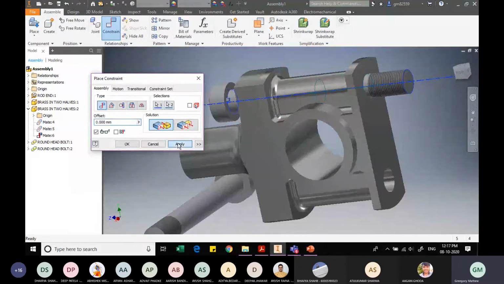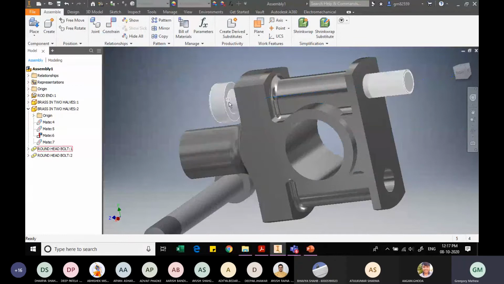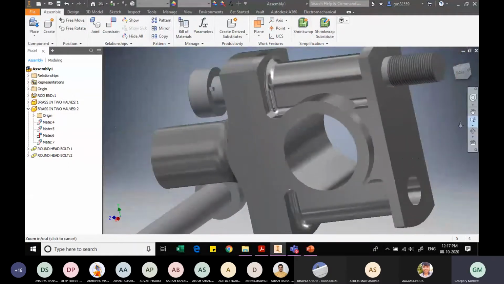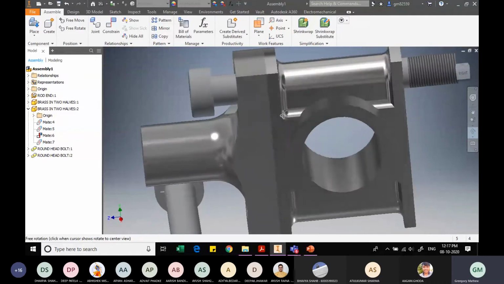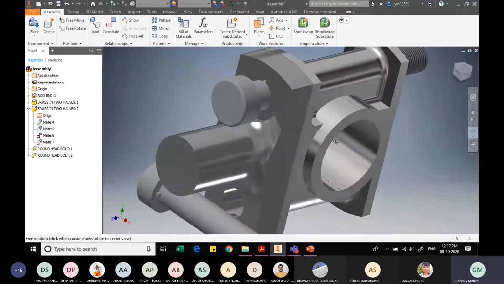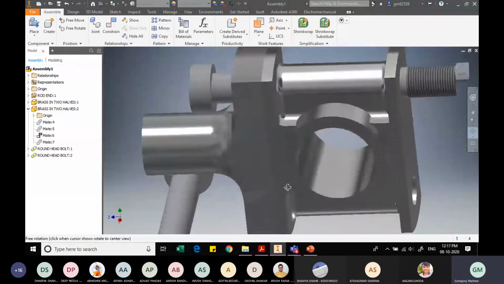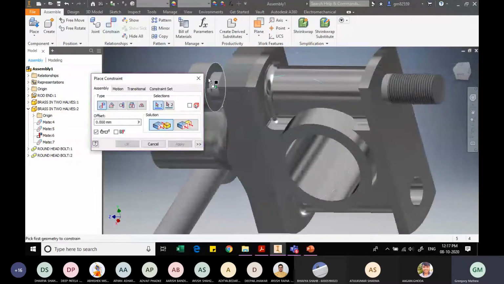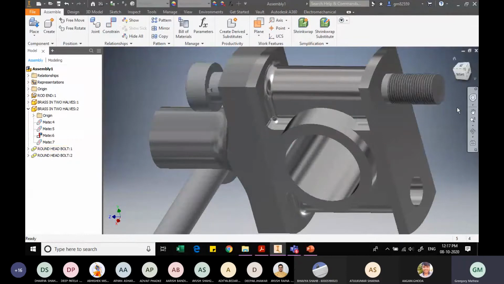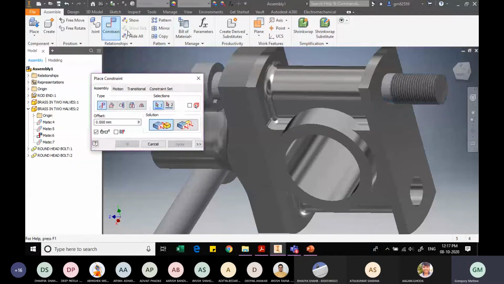Apply. Now the other thing that you need to do is we have provided a snug. And this snug is so that the bolt head will respect the corresponding recess that we have provided. I hope this recess is visible to you. So I want this bolt head to be in that recess. So first I will have to constrain them to be in contact with each other. So let me slightly rotate this so that I am in a position to select it. So I will select this face, look closely at the surface that I am selecting.